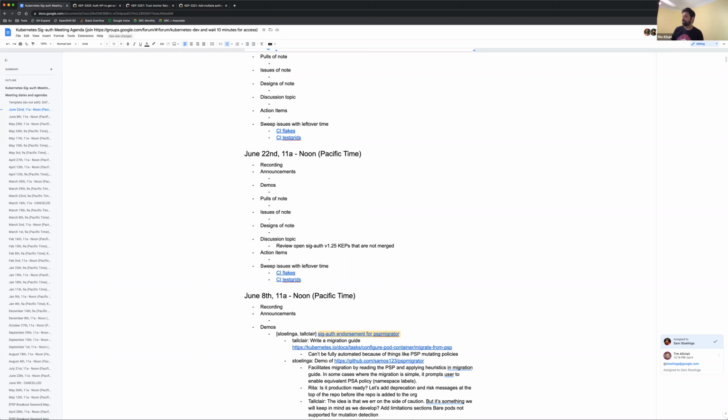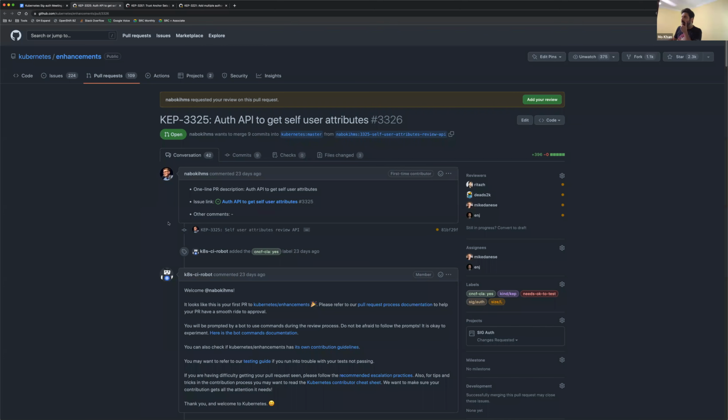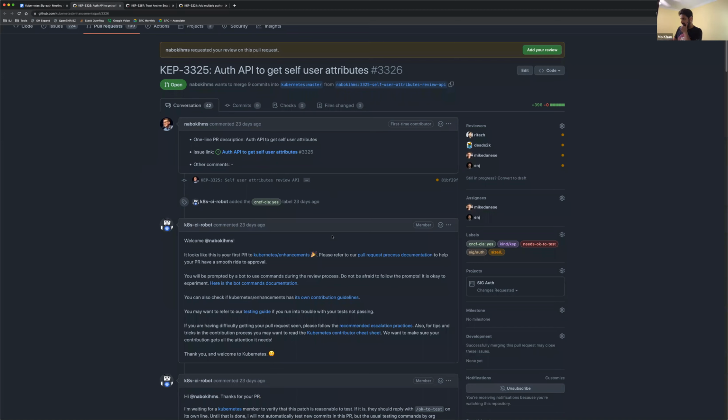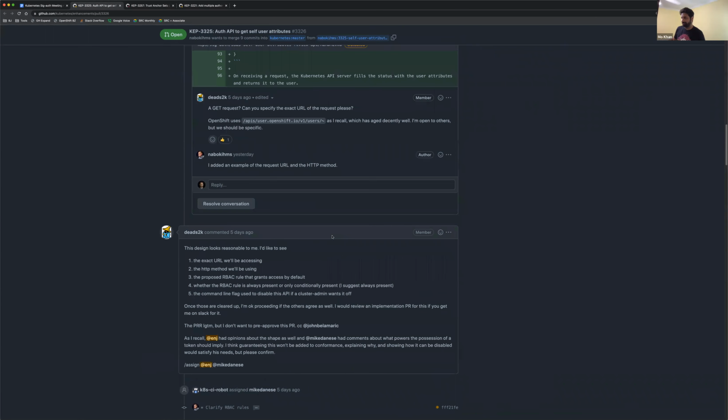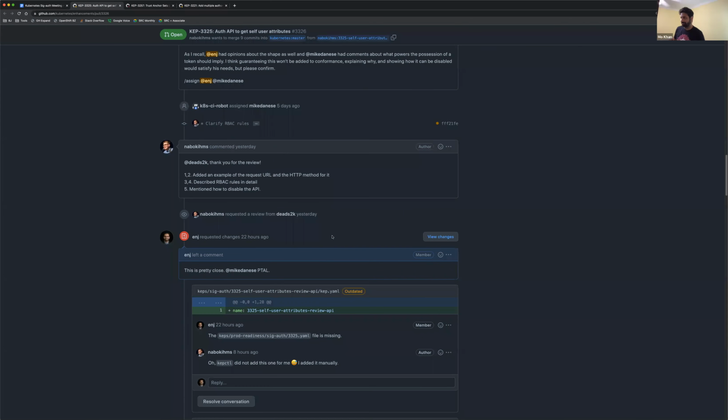Tomorrow is enhancements freeze for V125, so we're just going to go over some of the open SIG-Auth CAPs to make sure we get those in. Mike, you and I reviewed this. I think this one is relatively fine. I just have basically one open question, which is, I know David's not here, but it's basically,